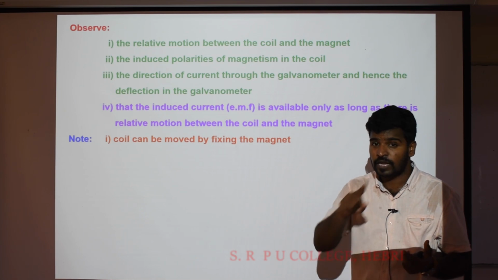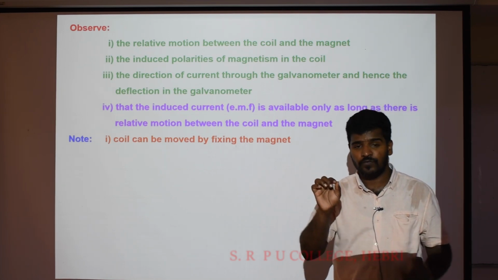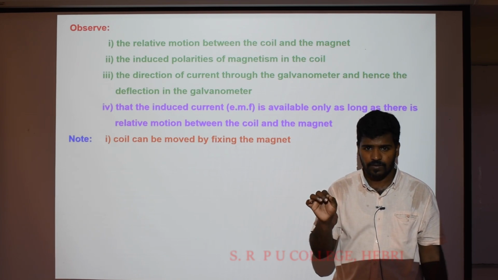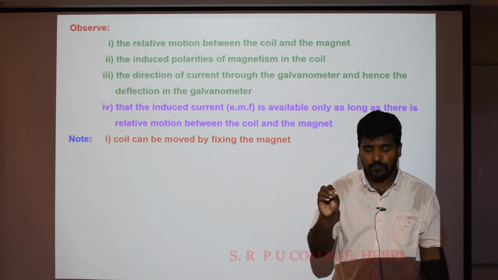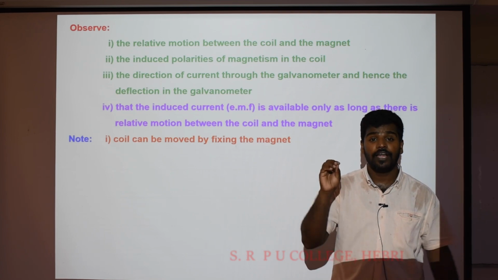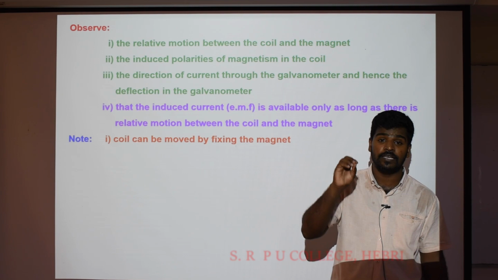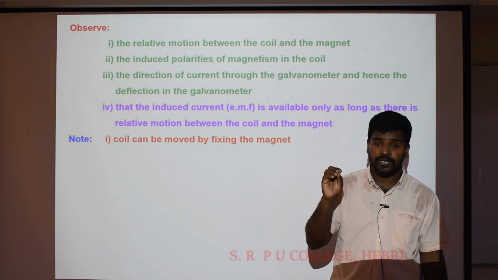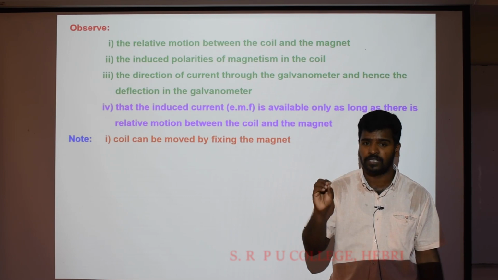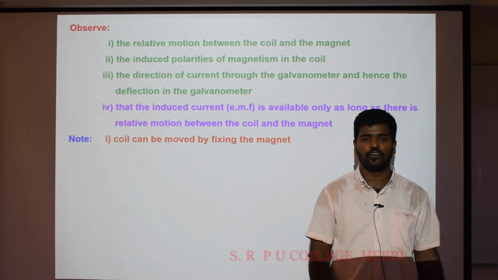That is the reason why we have defined it by that definition. What is the definition? A varying magnetic field in a closed coil induces a current. That current is called an induced current. That is also known as an EMF. Right? If there is a relative motion between the magnet and the coil, that is, if there is movement of either of them, then there is an induced EMF in the coil.